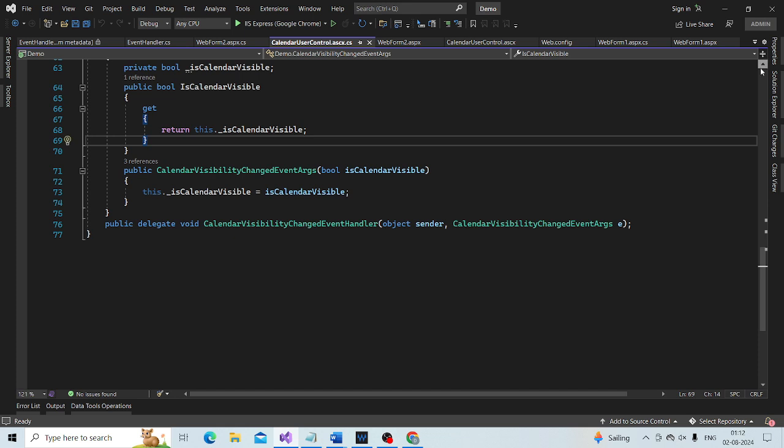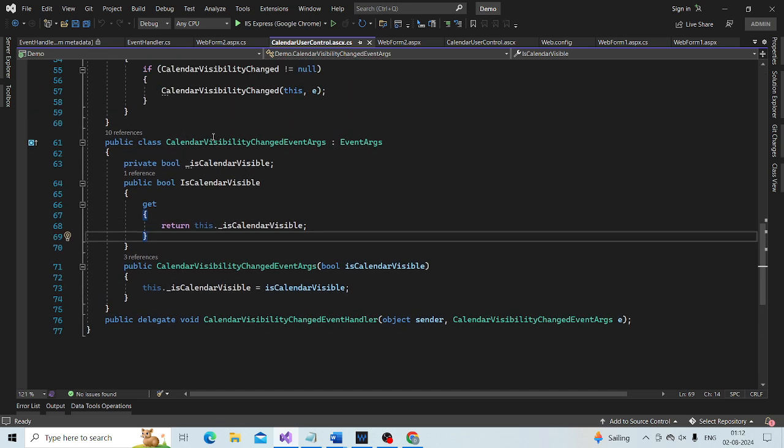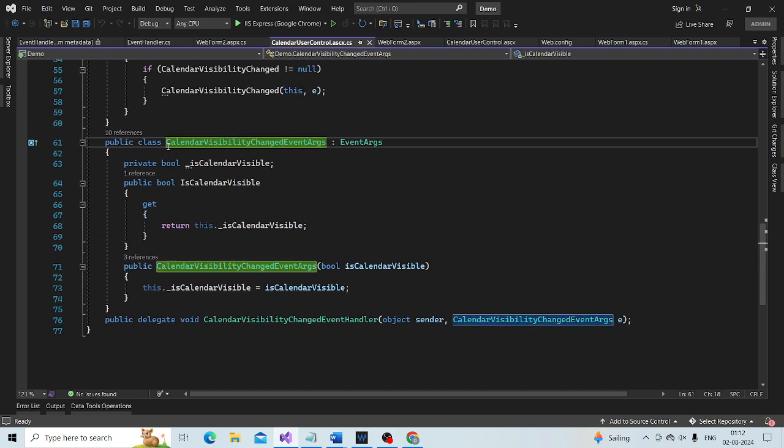So where is this class? Here is this class CalendarVisibilityChangeEventArgs, the class we have created in the previous sessions when we were discussing raising custom events. From the calendar user control we have created this class.